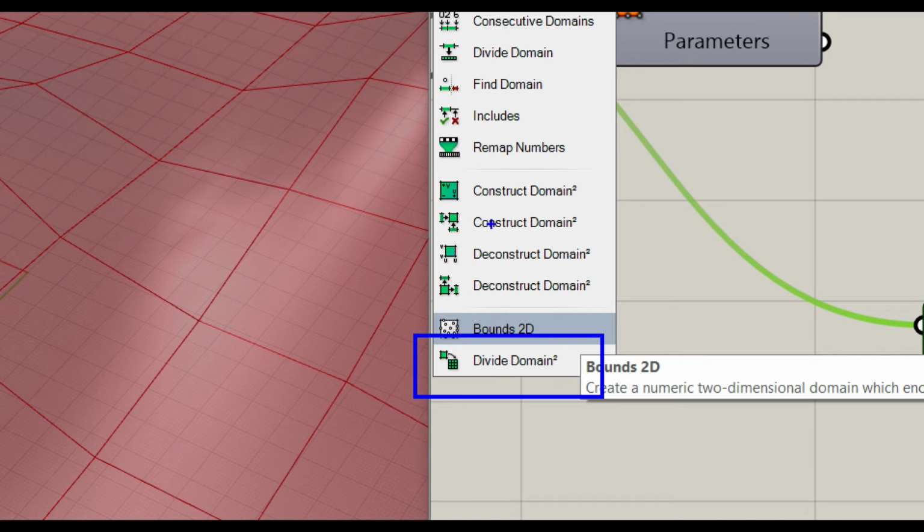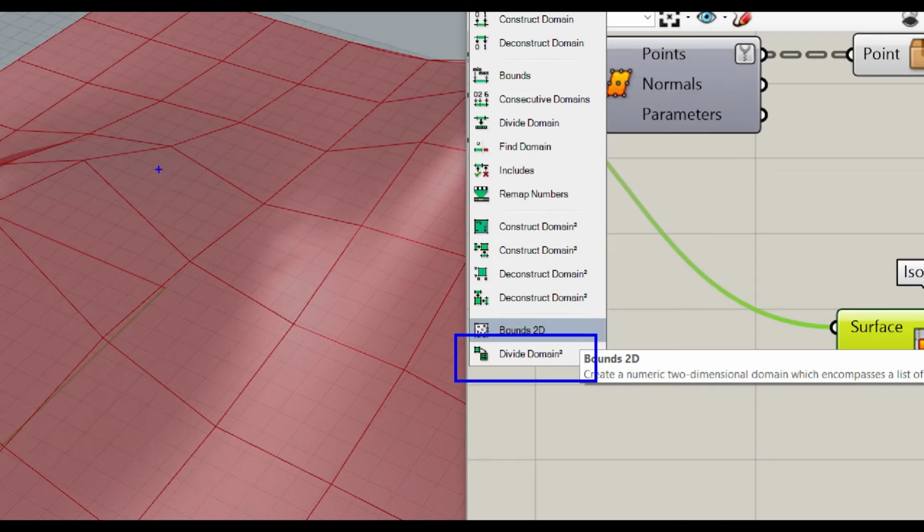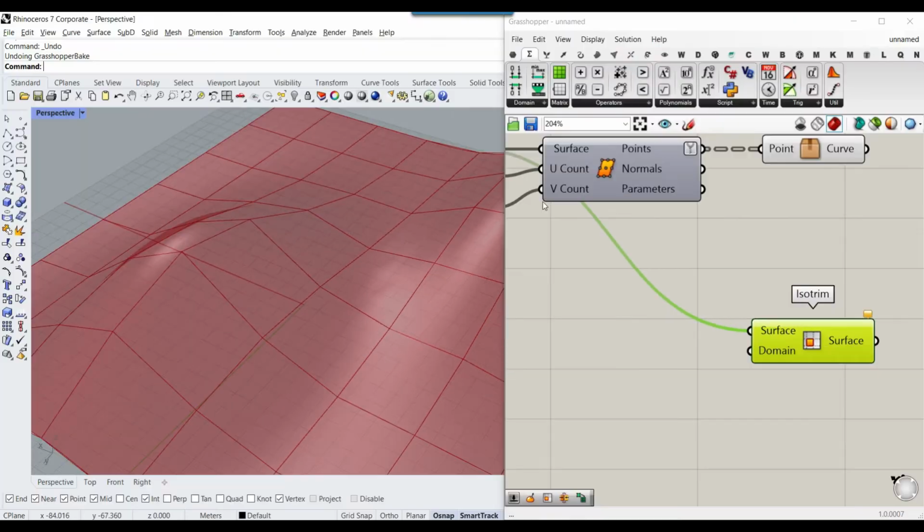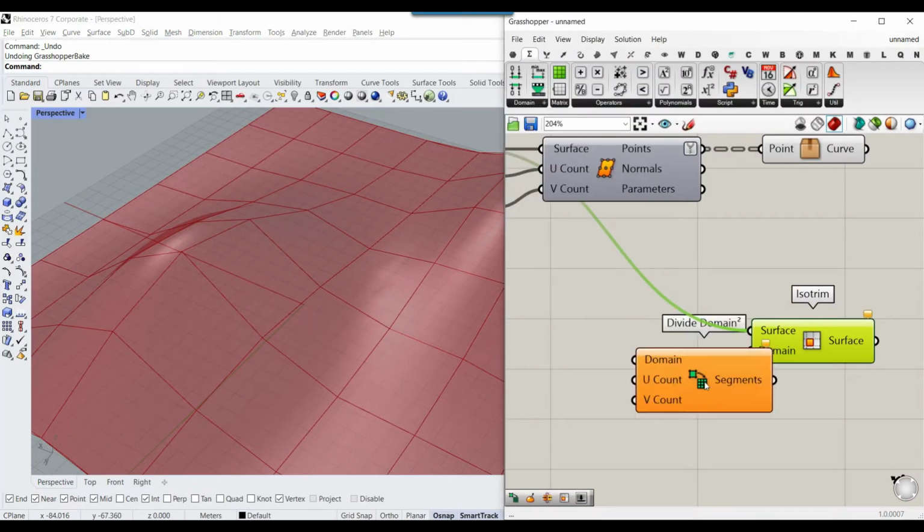We can use other tools like Construct Domain 2, which is going to give us more control over the division. But maybe in the future, if you're interested, just comment below and we will add it in future tutorials. For example, if you want to compress the divisions at the start and then open it up. But now, to make it as simple as possible, I'm going to just go with Divide Domain 2 and divide